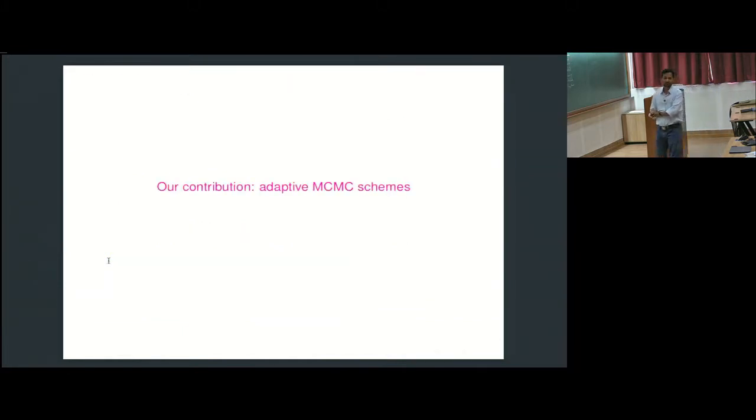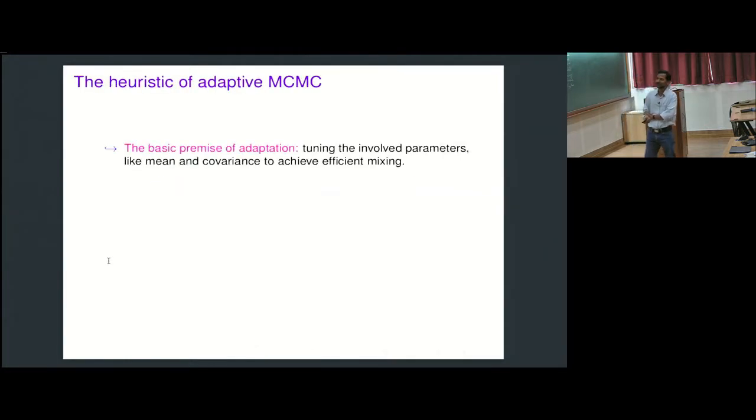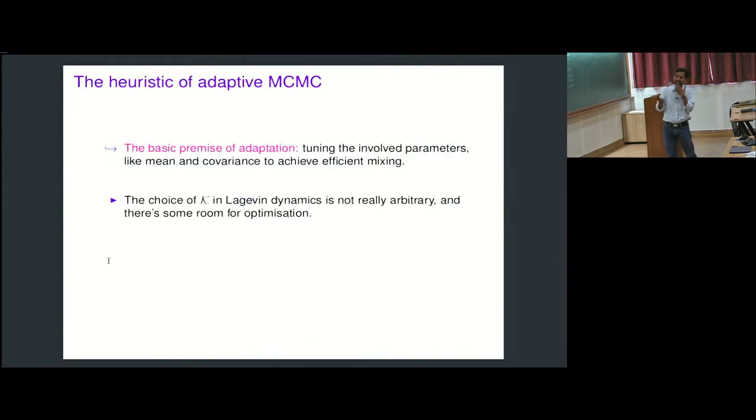Okay, so our contribution, I'll start now, in 9 minutes. The basic premise of adaptation is that we have some parameters hanging around in this proposal generating machine. Why don't we use those parameters to our advantage to efficiently sample, that is, increase the efficiency? So how is that going to work? There is this kappa hanging around, script K,